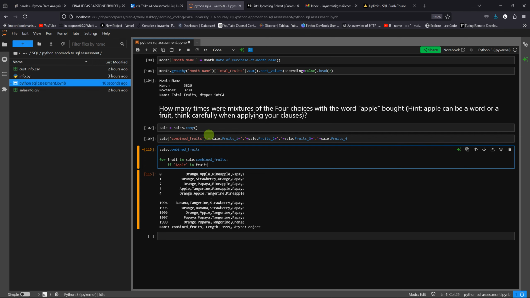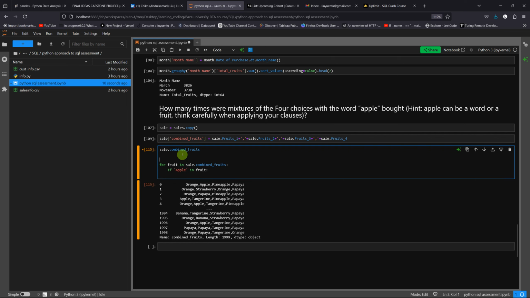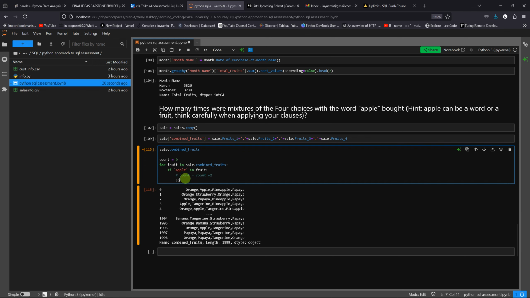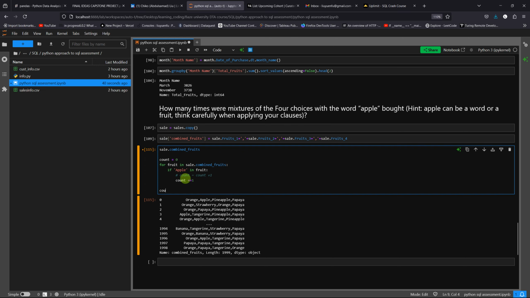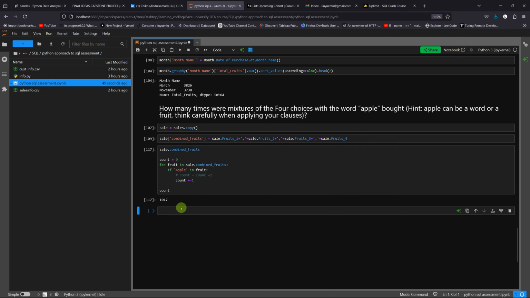right? So I'm going to create a variable called count, and I'm just going to give it 0. Now anytime there's apple in any of these, add 1 to this particular variable. I can say count equal to count plus 1, or you can say count plus equal 1. Then I'm going to display count. Now okay, so it's giving me